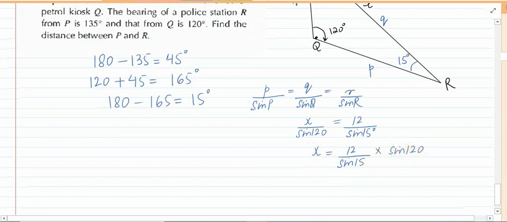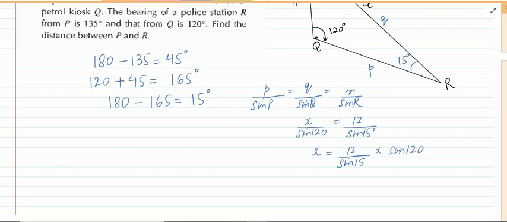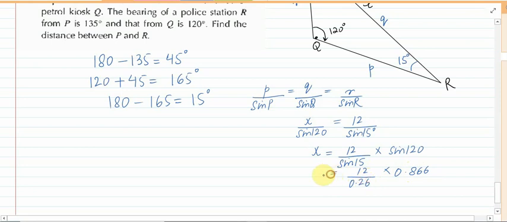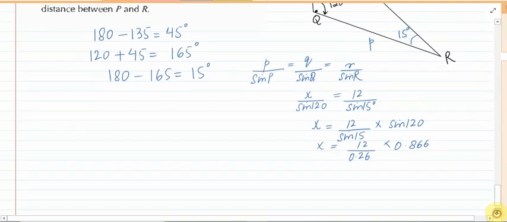If you find the values by using a calculator, sine 120 is 0.866, times 12, divided by sine 15, that is 0.26, is equal to X. So 12 multiplied by 0.866 divided by 0.26, it's 39.96,